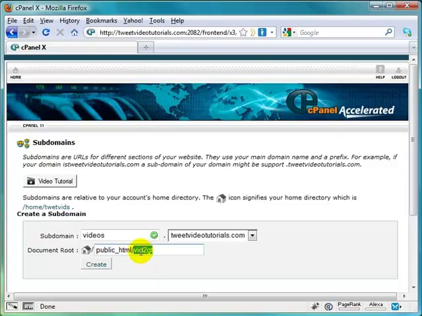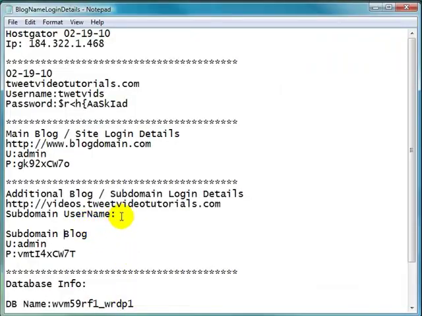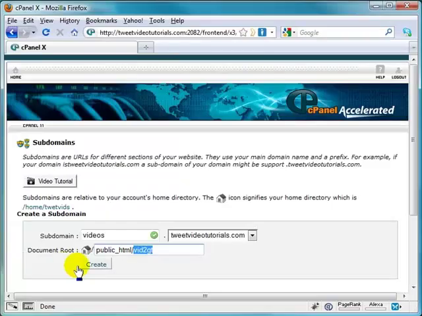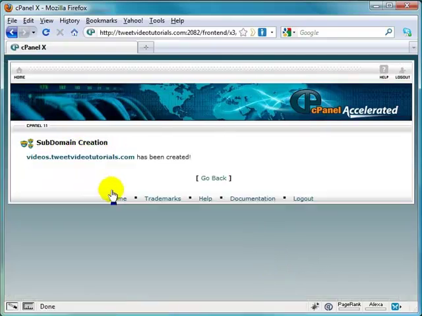Then I would just copy this and paste it into the text document, vid to GT. So just in case the need ever arises to wonder, what the heck is that subdomain username? Well, now then you've got it right here. And click on create, and boom, subdomain is just about created. And there we have it. Subdomain